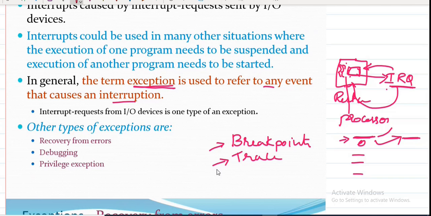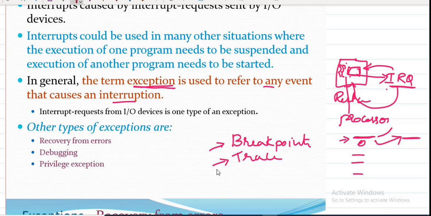Without these two, what happens when you run? All the statements are going to execute and you will get the console. But if you use these two, each time it will execute one statement, there will be an interrupt and you will get the console. Once you give some input, it will come back to the code and execute the next statement, then go to the console to get the next input. That is how the breakpoint works. So each time there will be an interruption in execution of the program.